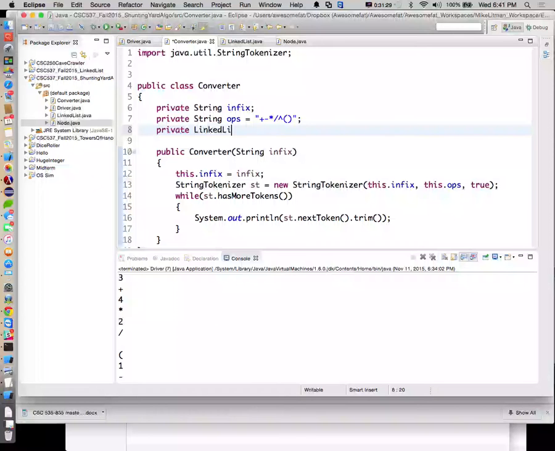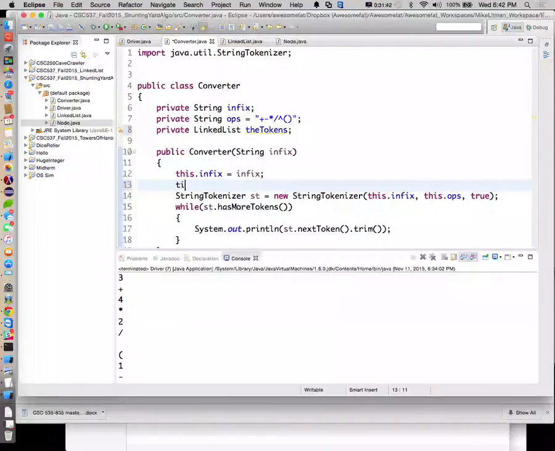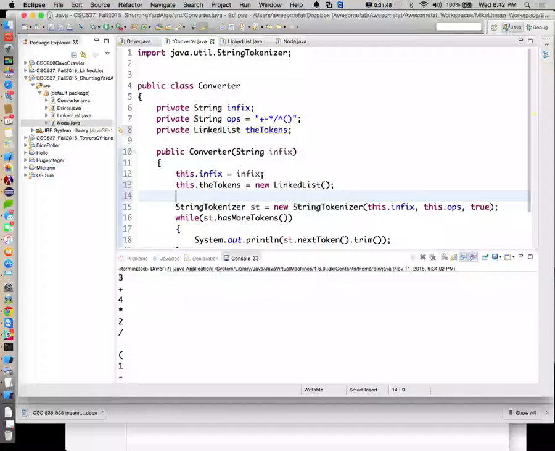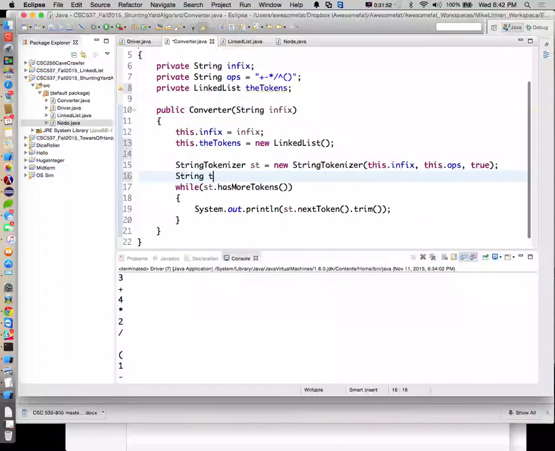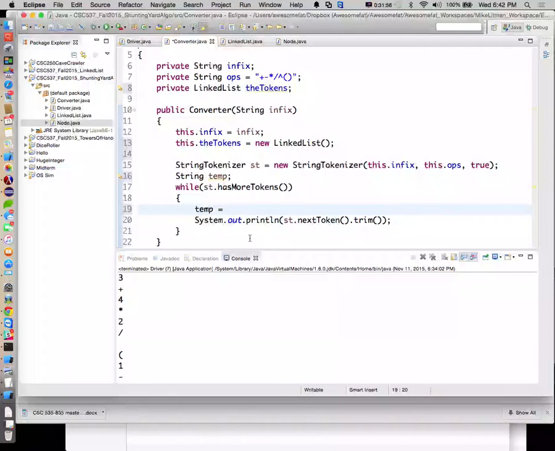So private linked list. Let's call this guy the tokens. This dot the tokens is equal to a new linked list. All right, and then we're going to give ourselves a string temp here. And we'll say temp is equal to